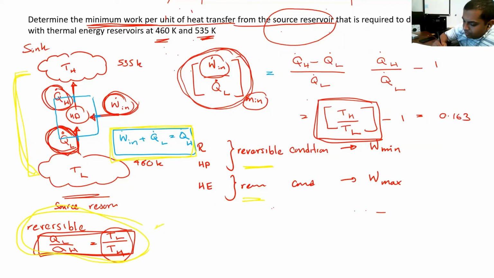But remember, these temperatures have to be in Kelvin. You cannot use centigrade or Fahrenheit values. They have to be Kelvin or Rankine, absolute temperature units. And then if you are finding the efficiency, or something like this, the value that you are trying to find, you can get rid of W using the energy balance equation, and then you can get a ratio of temperatures to get the answer. So do you guys have any questions on this problem?